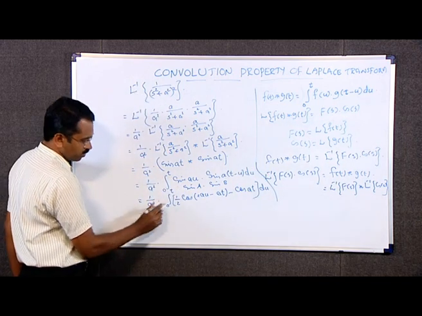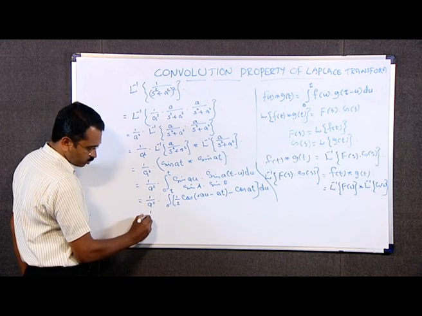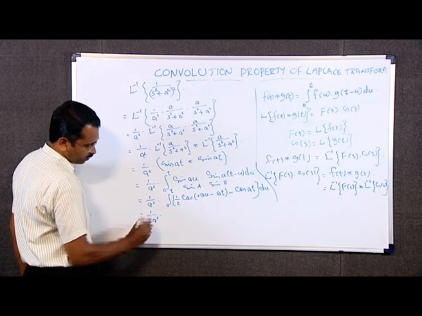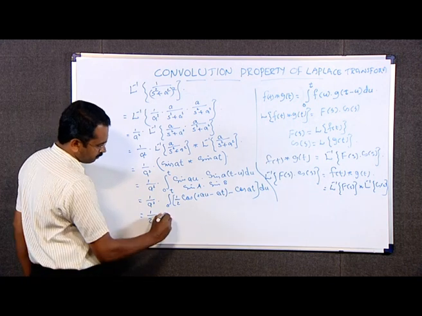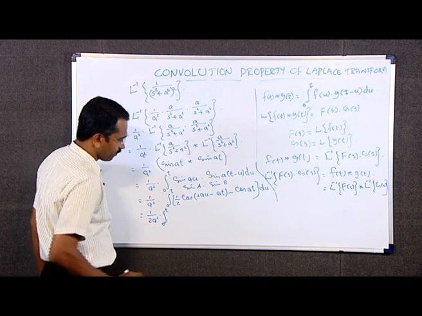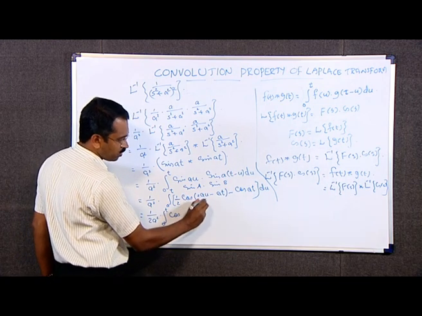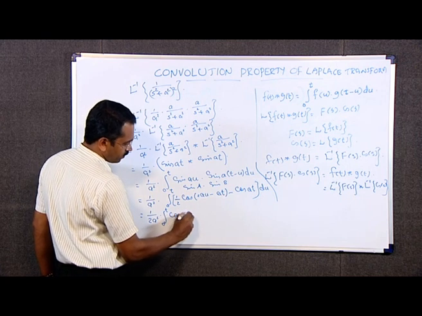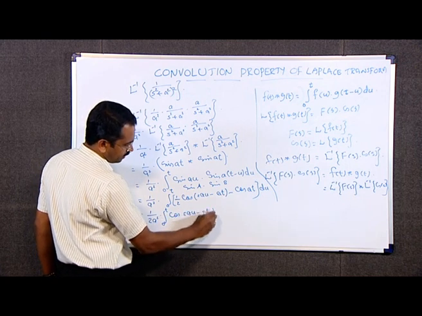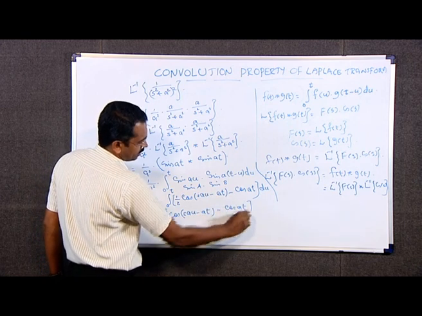This is equal to, this 1 by 2 can be taken outside of the integral. This is equal to 1 by 2 a square into integral from 0 to t cos 2 au minus a t minus cos a t du,